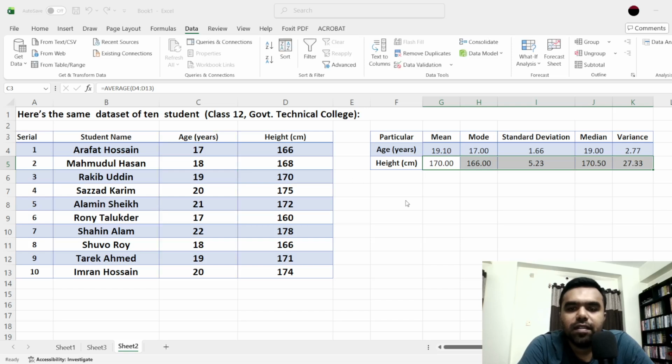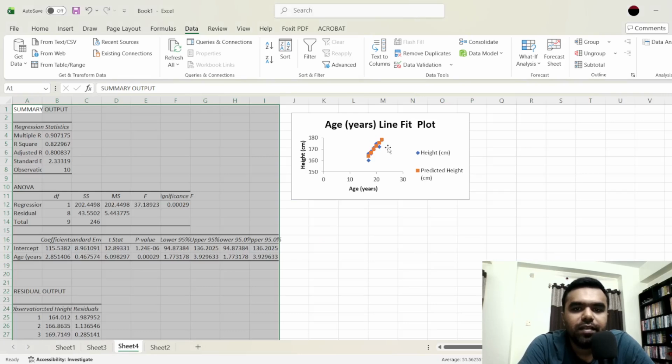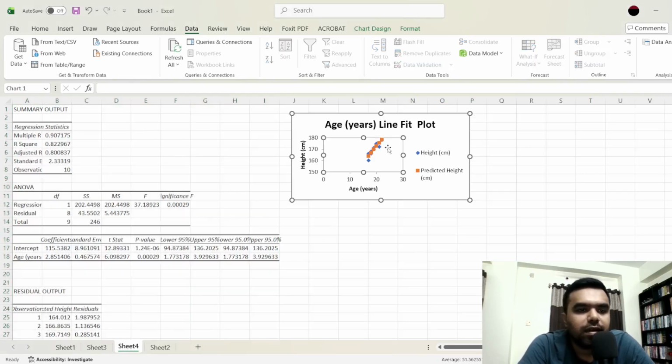And in this level, now residuals, line fit plot, and we get a regression table in another sheet, a new worksheet. Click OK. And now here we get the plot of whether the line fits, and we get the summary,